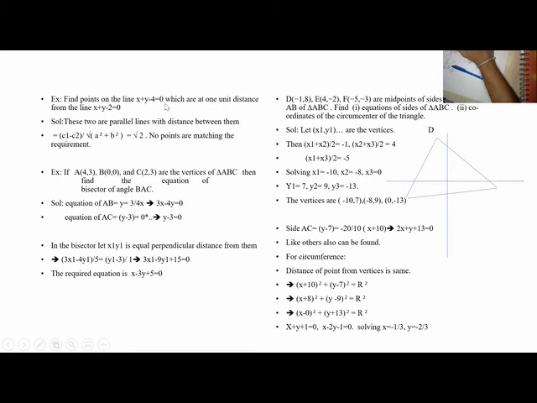Find the points on the line x plus y which are at 1 unit distance from the line x plus y minus 2. See, these two are parallel lines, x plus y minus 4 and x plus y minus 2. These two parallel lines have the distance between them equal to c1 minus c2 by square root of a square plus b square, that is root 2. So which points are 1 unit distance from this line, is it possible? Because these two are parallel and the distance is 1.414. So can you have any point which is common to these two with a distance of 1? It is not possible.